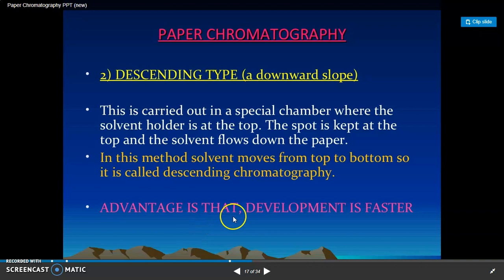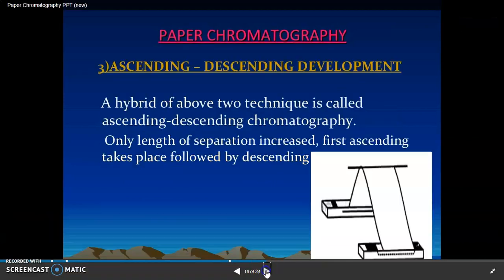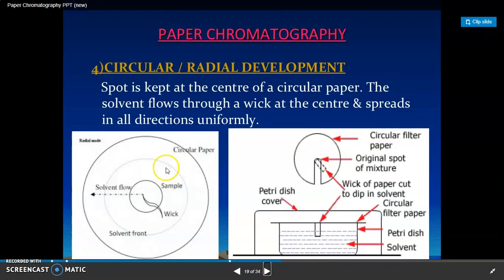What is the advantage of this technique then? Development is faster here when compared to ascending chromatography. The development of the plate is much faster in descending chromatography, okay. Then the third one will be the radial method. In the radial method, the sample will be applied at the center of the Whatman filter paper by cutting it like